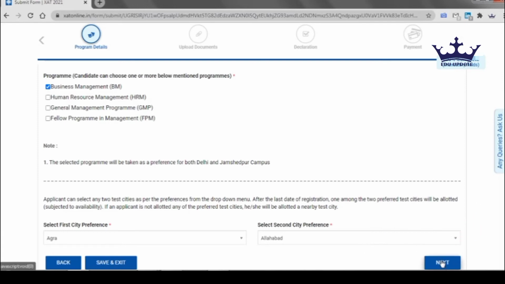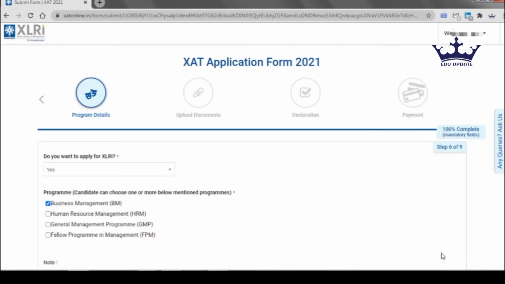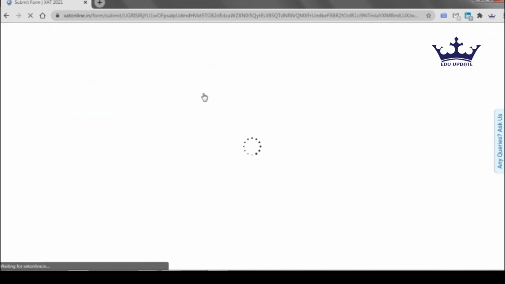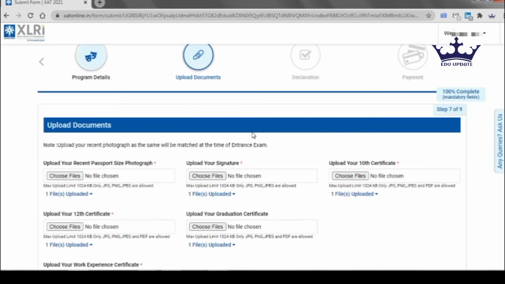After that you have to enter your CT details and your preference details, like the test center. For the test center, you have to select the particular city which would be convenient for you to go to and give the test. Once you select all those options, just click on the next option, and you'll jump to the next tab,